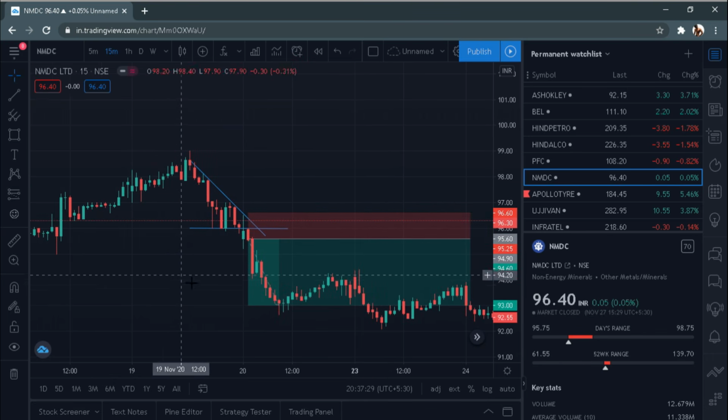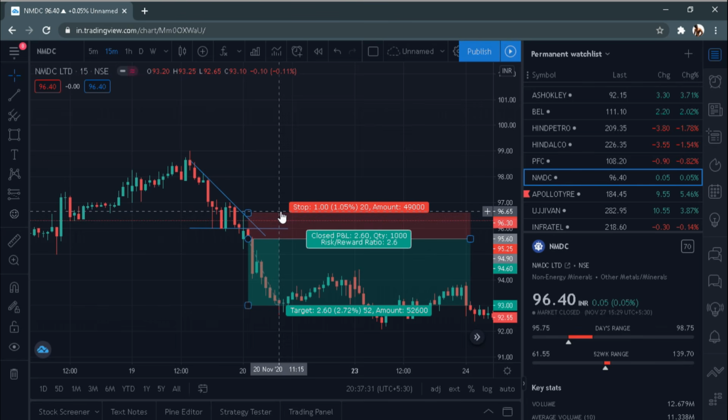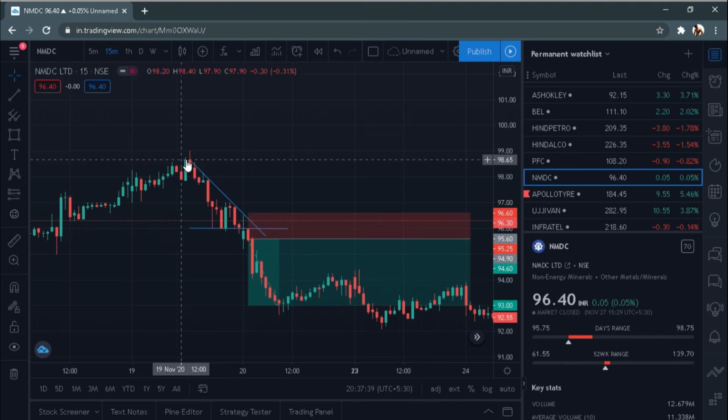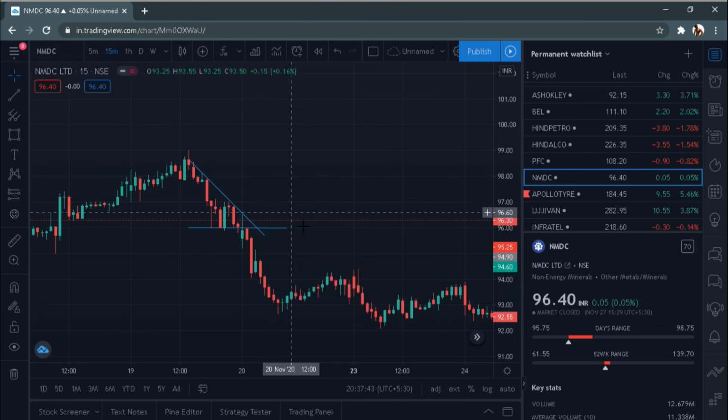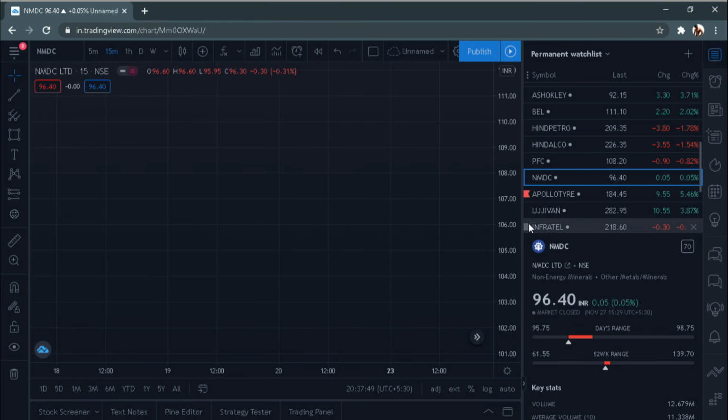So this is the descending triangle: the stop loss where the pattern is invalidated, the entry where the pattern has been broken and the candle has closed below the break, and then the target, the length of the base of the triangle. So I hope you got value out of this video, and there are very important tips that I want to discuss about patterns. So let's discuss that.